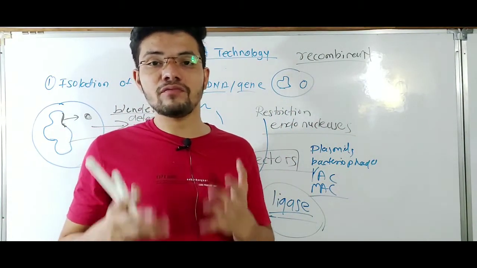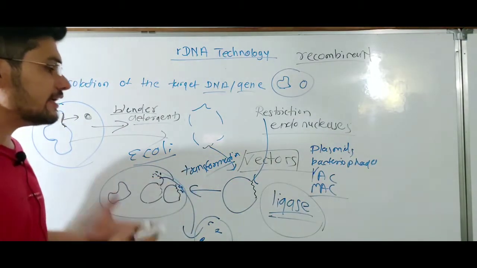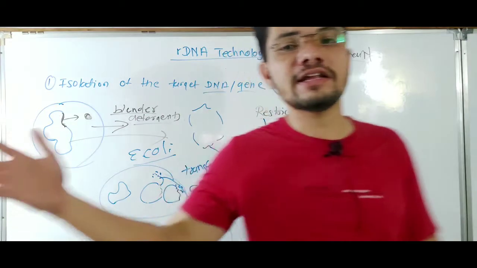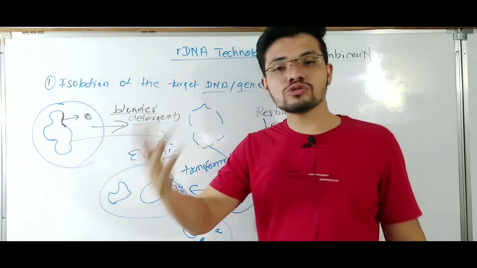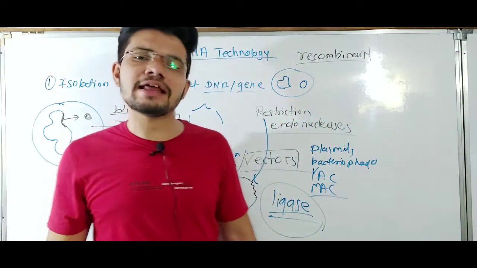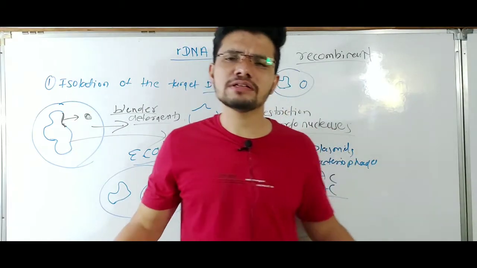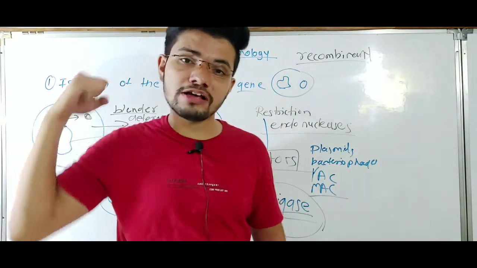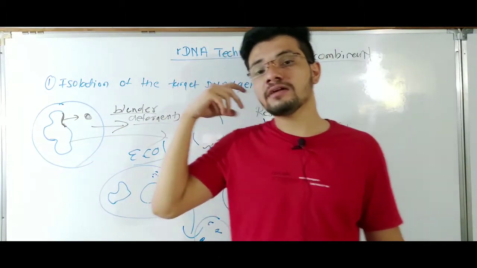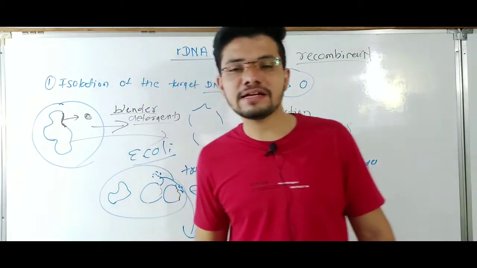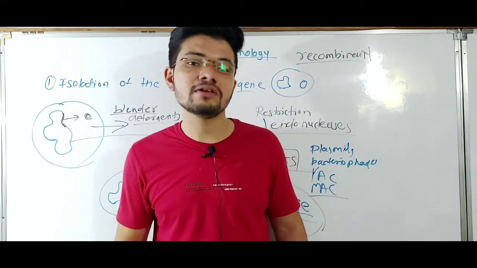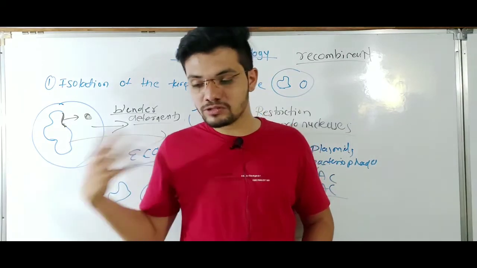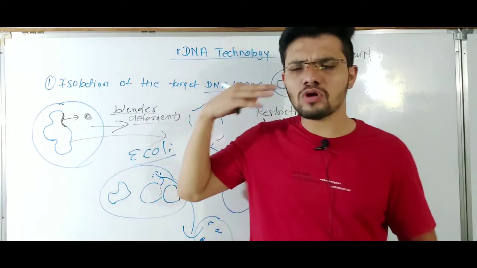So in this way we can synthesize insulin in the bacterial cell using rDNA technology, which was not possible earlier. We used to kill various animals like pigs and horses, and with the help of their pancreas we would isolate the insulin and make tablets and medicines for diabetes patients, who cannot make insulin inside their body. That's why we used to kill a lot of animals.